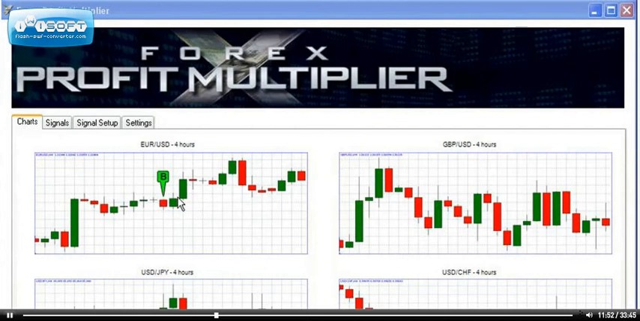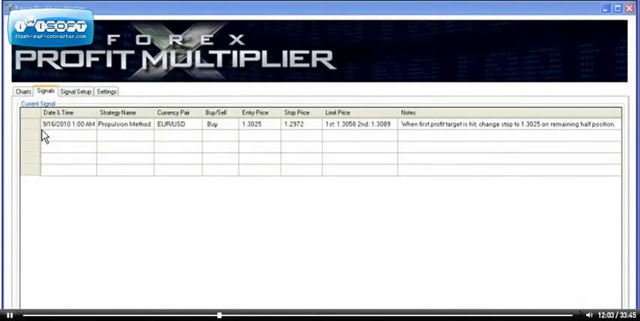To find out what the specific price data is around this setup, click on the Signals tab. Okay, so here we've got the actual trade instructions associated with that alert. Here you've got the date and time, strategy name, propulsion method, currency pair, euro, US dollar. This is a buy at 1.3025 stop. The initial stop price,